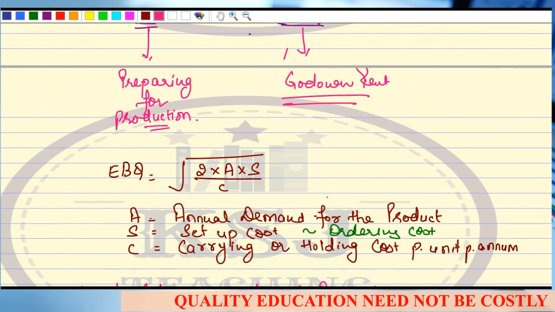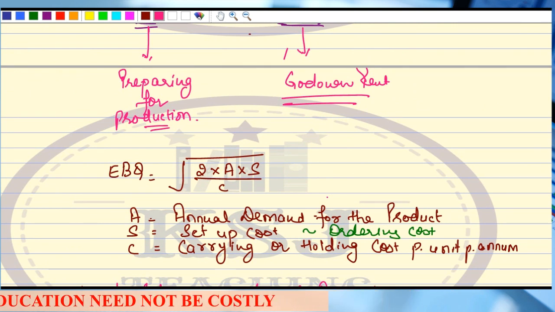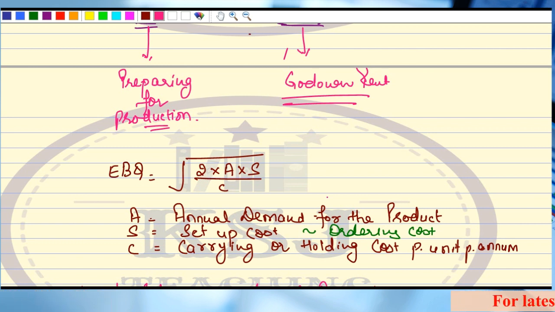Here we are talking about the setup cost because we are going to manufacture it, right? Then the carrying cost is the same. You have to carry the raw material also and you have to carry the finished goods also. The cost will be there. The godown cost will be for the raw material also and for the finished goods also. The store cost will be there for the raw material also and for the finished goods also, because the finished